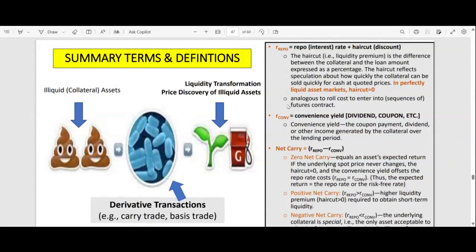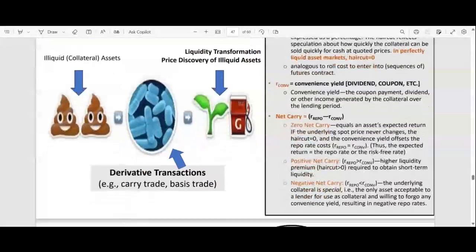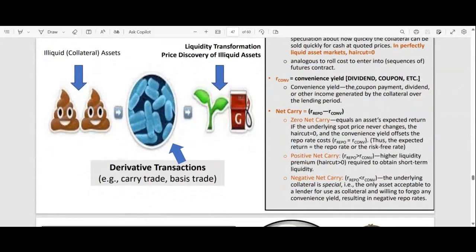All right. Now, the haircut also reflects speculation. Now, in a perfectly liquid market, the haircut theoretically should be zero. That's theoretically what should happen. The convenience yield. If my asset pays a dividend, if I'm using a stock as collateral to get a cash loan, that stock may pay a dividend. If it's a coupon bond, so remember